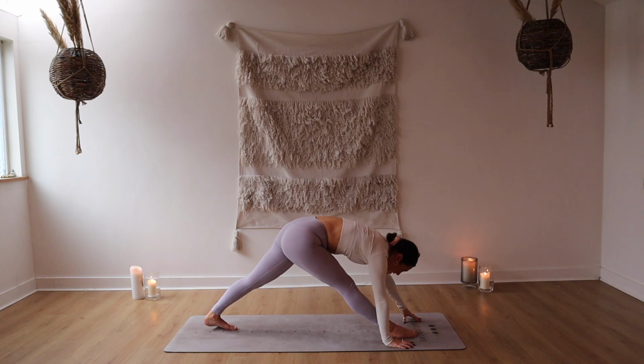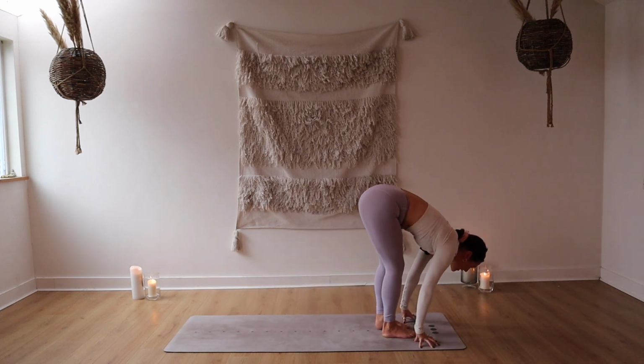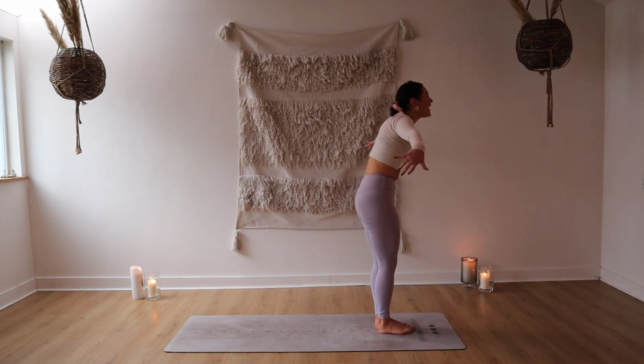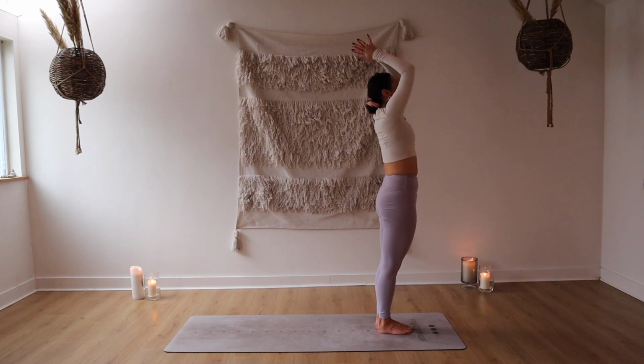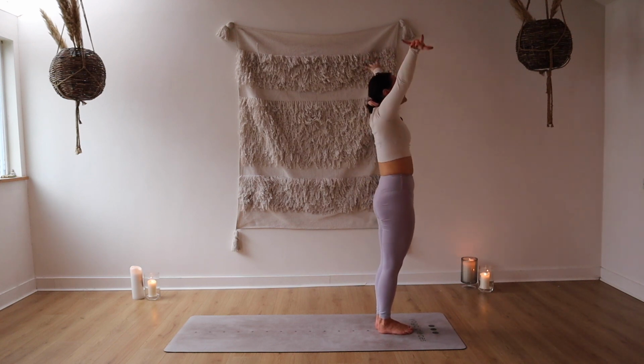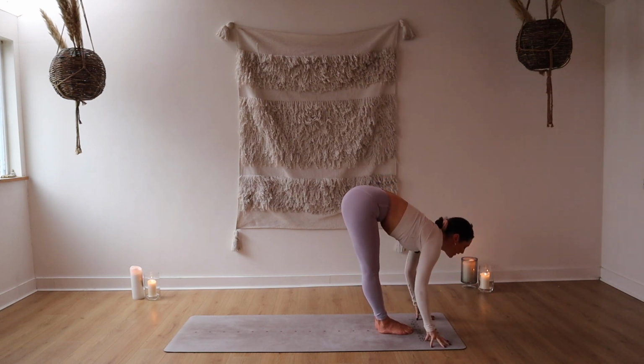Lifting the gaze with your next inhalation, softening into the right knee, stepping that left foot to meet the right as you come to forward fold. Arms rise up and overhead as you inhale. Exhale, hands drop to heart center prayer, thumbs to chest. Inhale, arms rise. Exhale, diving all the way down, melting over the thighs as you drop the fingertips, as you